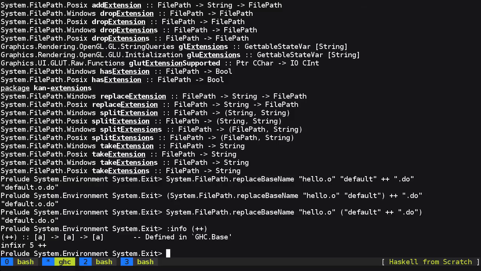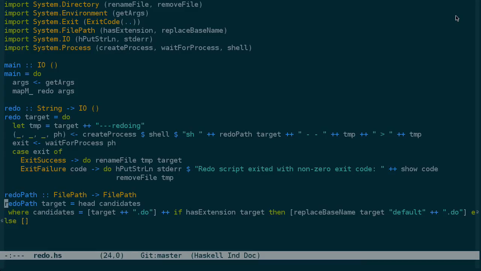I can't really think of any way to look this up because it's space. But it turns out that function application is the highest precedence in Haskell source. So that's why replace name will look for its arguments here, and that'll be evaluated before this string concatenation runs. And to see another example of this, if you look up at create process shell, the reason we needed to